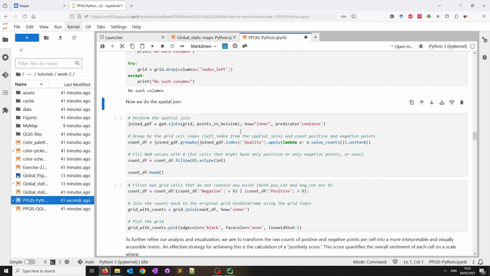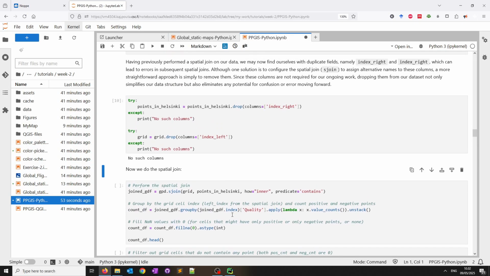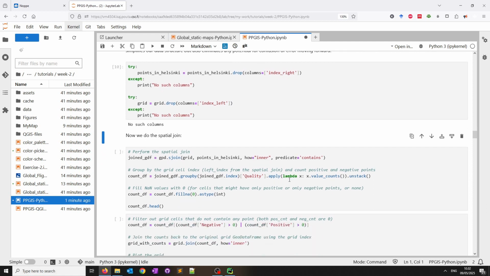Now we do our special join to get the counts. Our goal is to get the counts of positive and negative points for each grid cell. So for that, we are joining our grid with the points in Helsinki. And then,